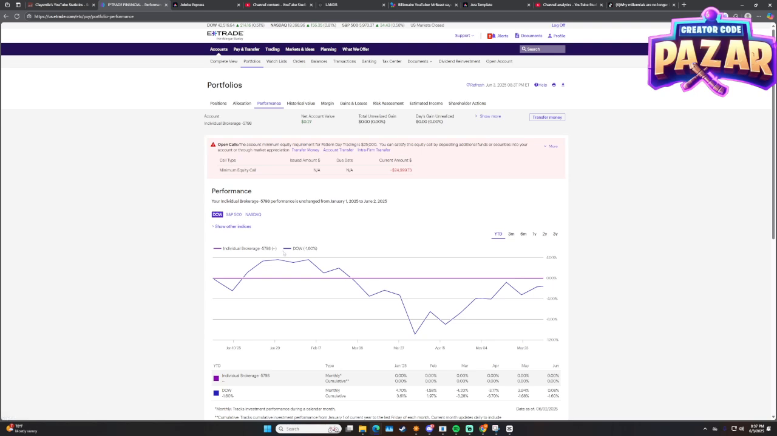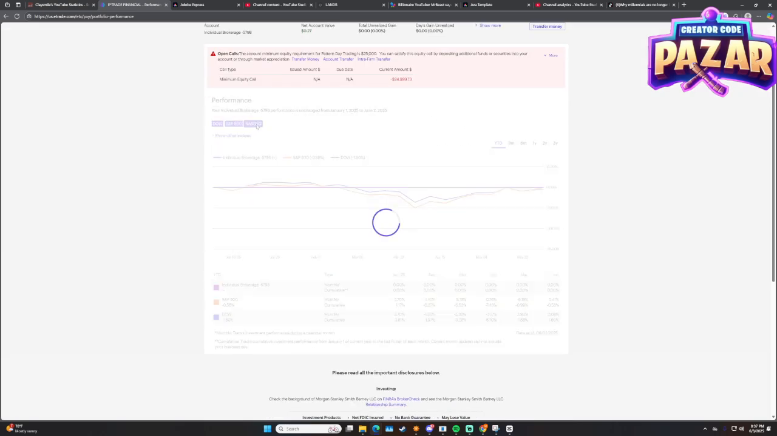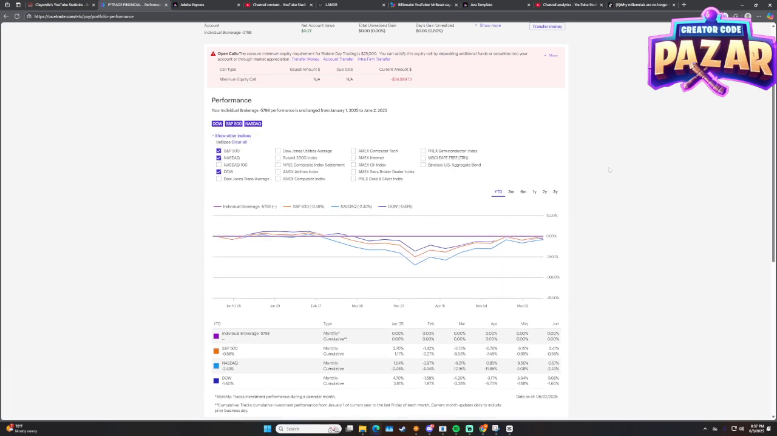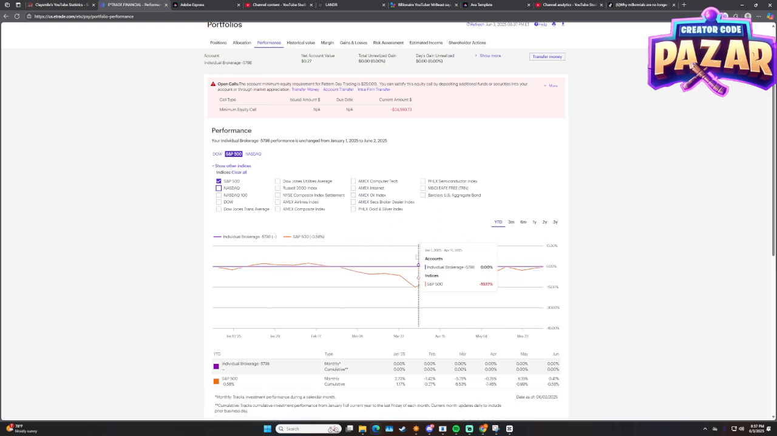And from here, we can compare our account with the Dow or with the S&P or with the NASDAQ. You can select any of these and compare your account performance to these performances. And you can even change the time frame, but I'm not going to change that because I don't feel like